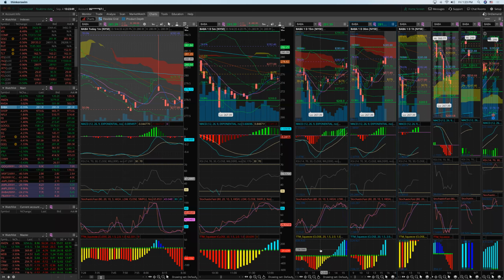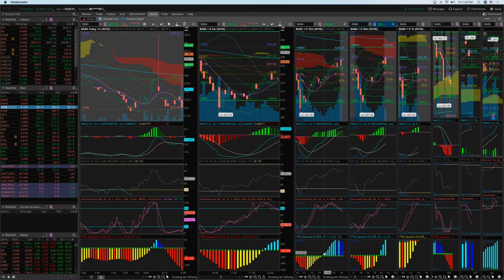I always told people, whenever you see on the 15 min the TTM squeezing on the rise, hold it until you see a dark blue. I always told people to exit early too, because it's risky, but if you can bear more risk, hold it until you see a dark blue. So you can see here on the 15 min, the red turns to yellow, and boom, all the way from here to here, you had like what, 69 to 82. That's like 13 points. Shop was a little bit weak.